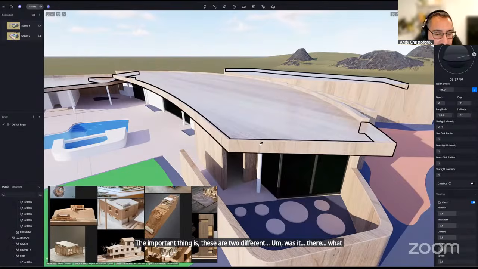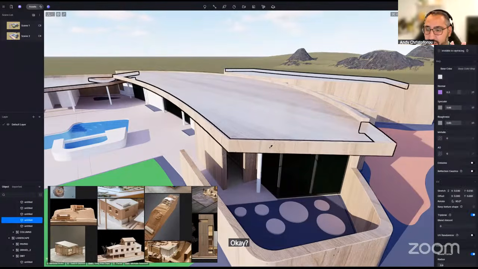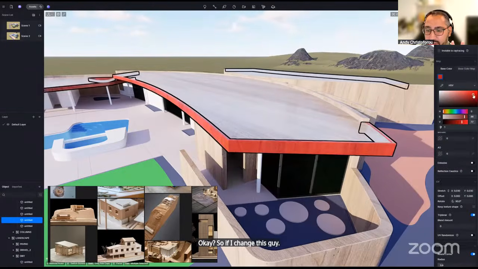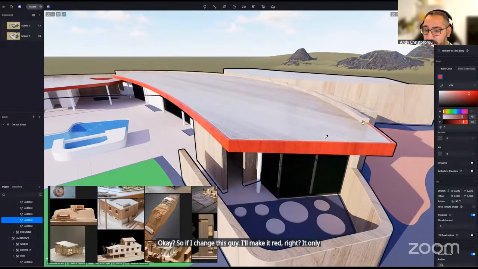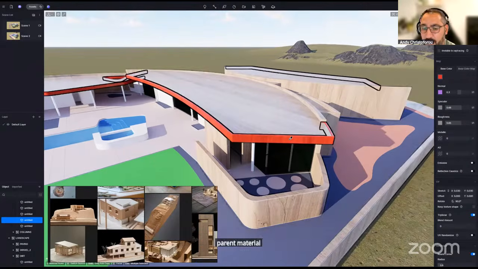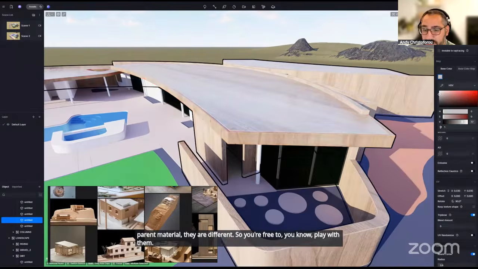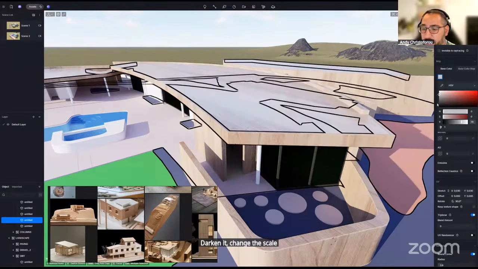What is it? Instance. I always get instance and copied mixed up, but they're not linked. Okay. So if I change this guy, I'll make it red, right? It only changes the fascia. So although it came from the same parent material, they are different. So you're free to play with them, darken it, change the scale if you want, and it won't affect the